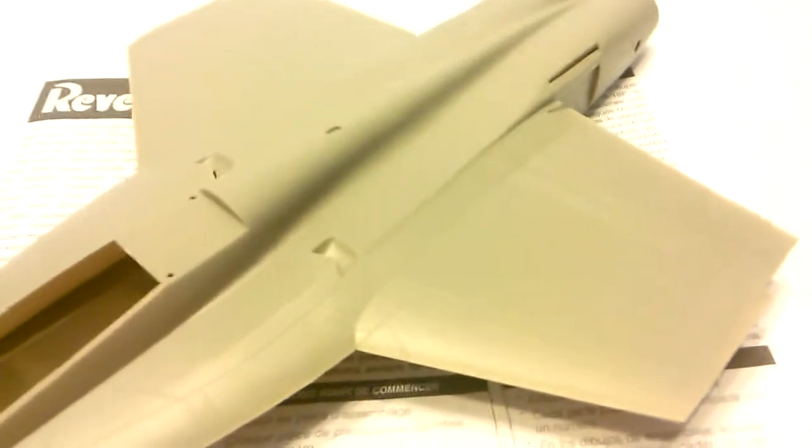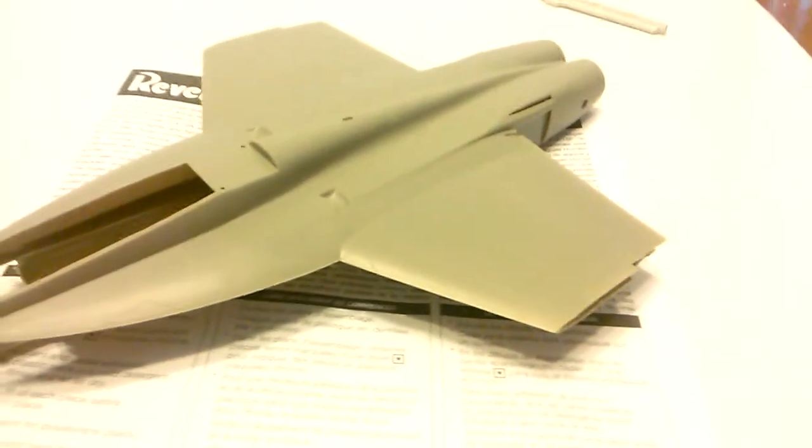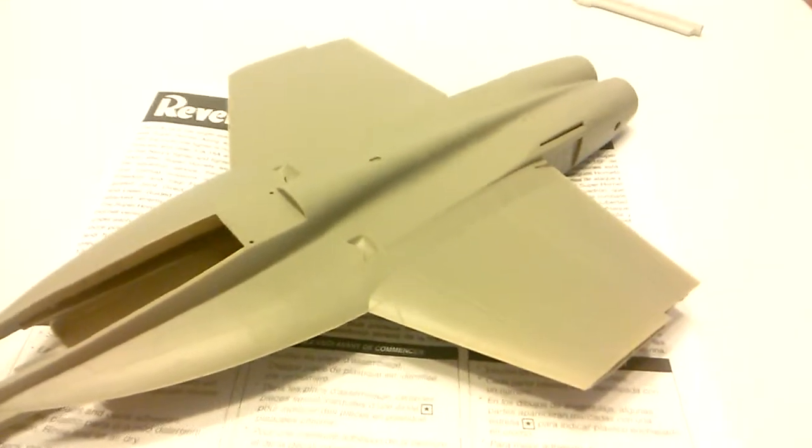And I'm just going to paint this one up, marked up as a G.I. Joe Sky Striker. So I'm going to do a little bit of research on what a Sky Striker might look like, what some of the markings may look like on a G.I. Joe vehicle. So again, Cobra Rattler, now I've got a Sky Striker to go along on the opposite end of